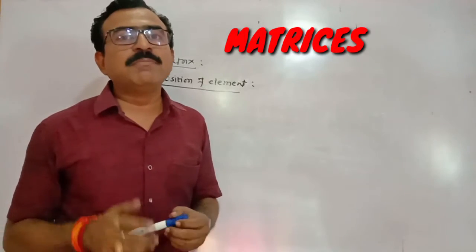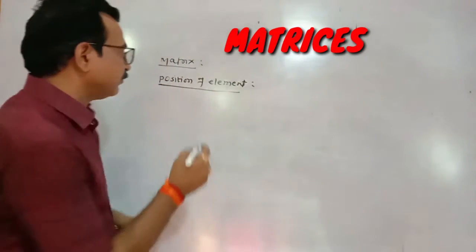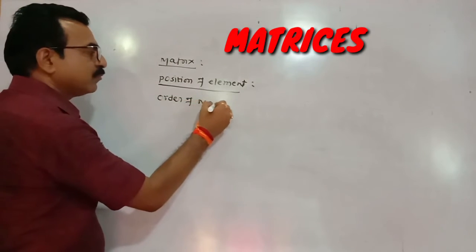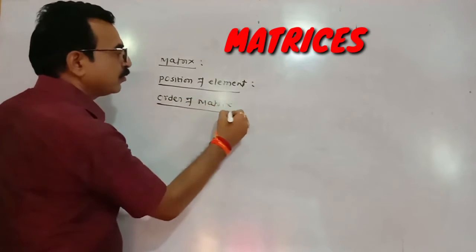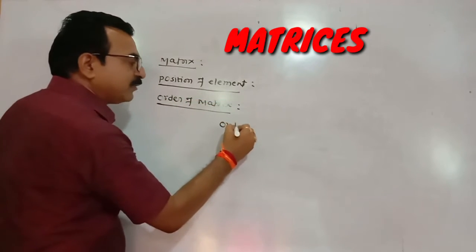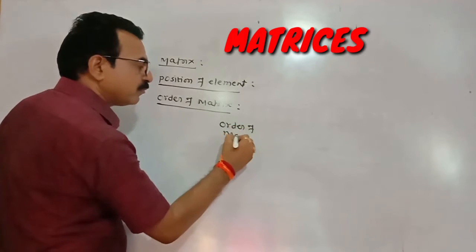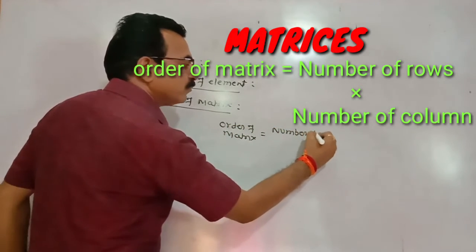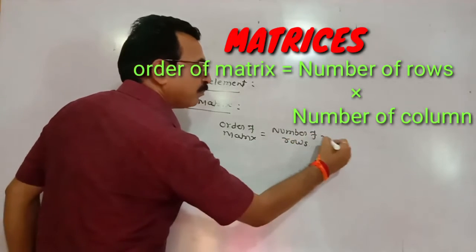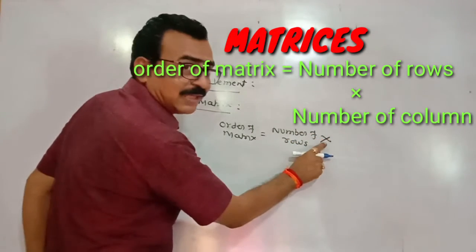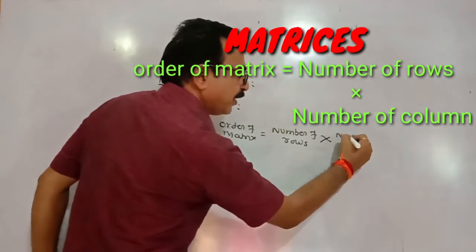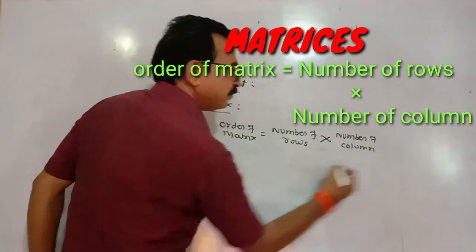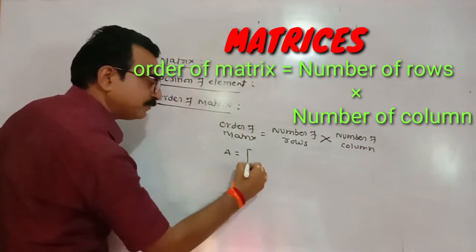Now let us learn about order of matrix. So order of matrix means the number of rows by, read it as by, number of columns. So for example,